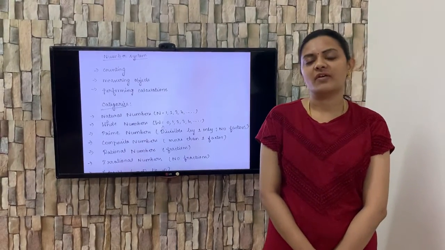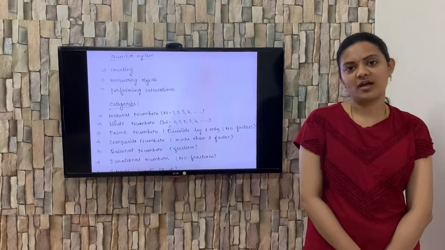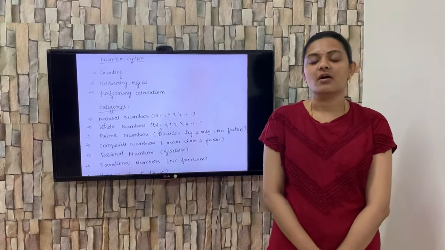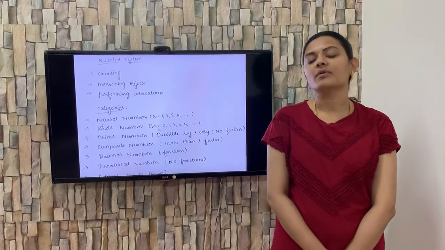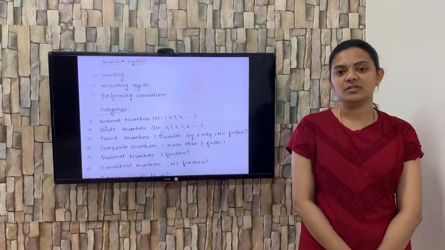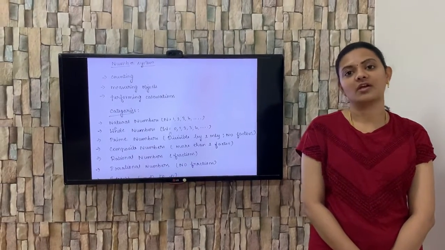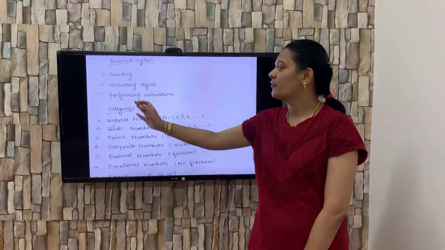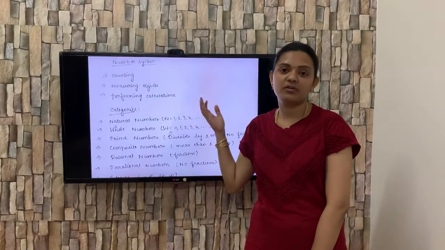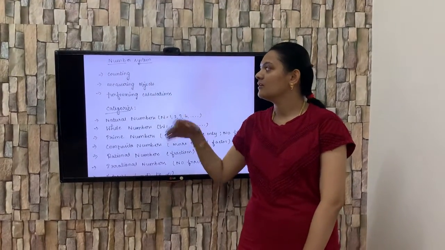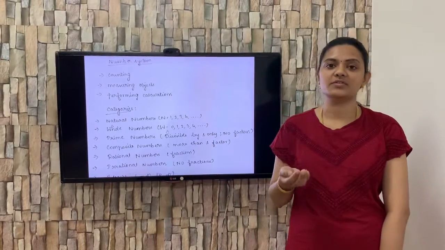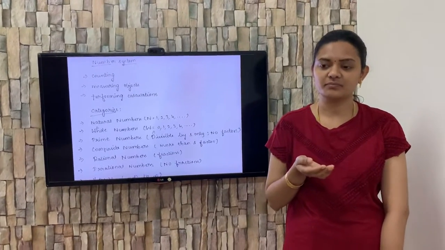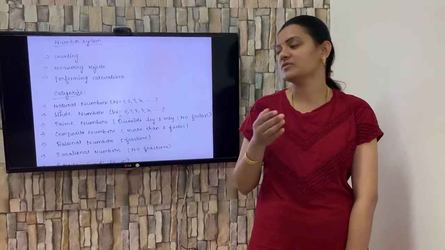Now what is the need for having number system? Why do we need a system to handle the numbers? There is a necessity that a system is needed for handling the numbers. Why? Because every day, every minute we are dealing with different kinds of numbers. For counting, for measuring objects, for performing calculations, and still more. I have given you only 3 points. So for these kinds of things we need numbers. So we cannot just directly deal with the numbers. There is a system, and that is what we are going to see.